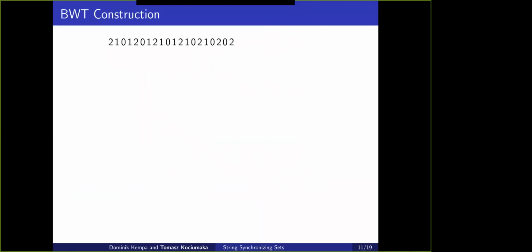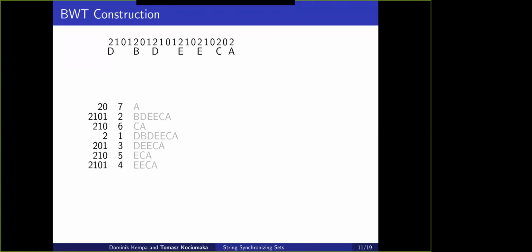So let me wrap up how the BWT can be constructed in this case of planted synchronizing sets. First we get such a string, we partition it into blocks and give names to the blocks by just sorting the blocks and treating them as integers. Then we use an ordinary suffix sorting algorithm for large alphabets to construct all the suffixes of the sequence of names, the string of names. As we have seen, this corresponds to the sparse suffix array, and this gives us block level BWT for suffixes